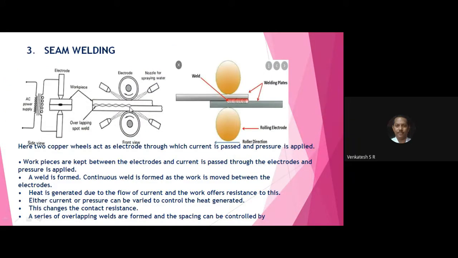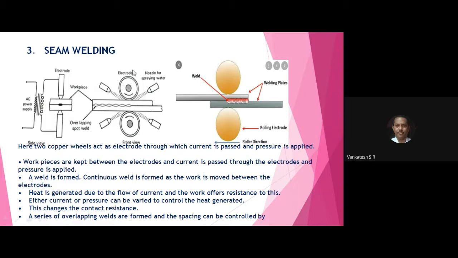In some applications, for example, the boat or ship, aircraft or automobile, you require a continuous joint like this. All of you observe here and write down. Number 3, seam welding. Seam means no gap. So it looks like spot welding, but the sheet is passed between